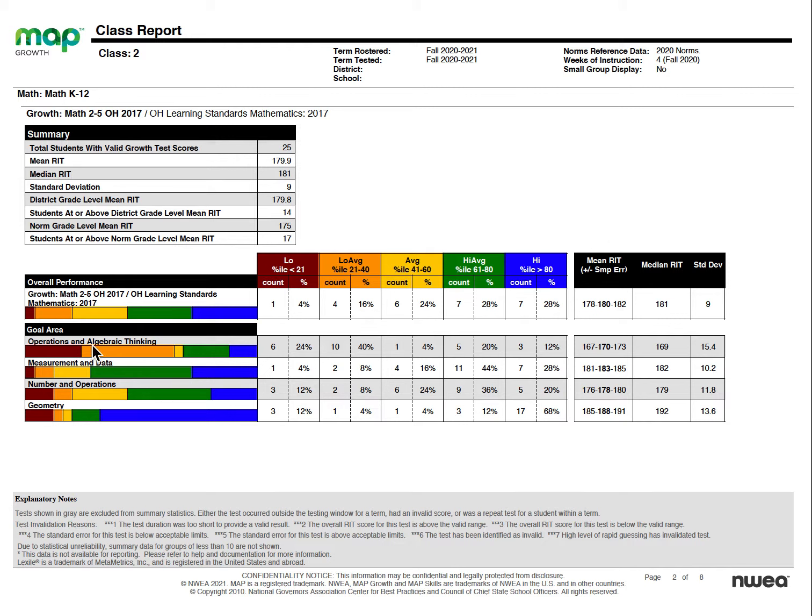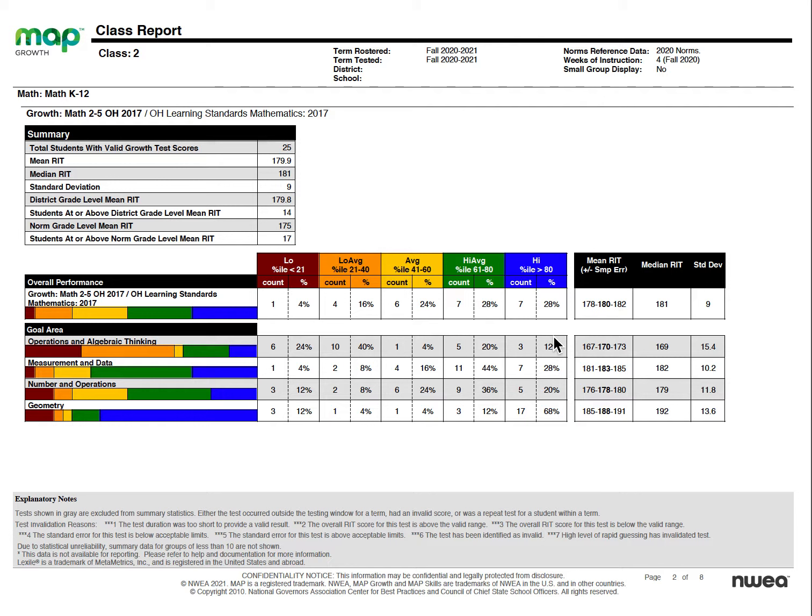And then here, operations and algebraic thinking. So I wonder, why do we have most of our students, 16 of our kids, performing below the 40th percentile and only 3 performing above the 80th? Maybe we really haven't spent so much time on operations and algebraic thinking, okay? I wonder if that is true. But it's good to look at these and then ask yourselves questions, or guide, like I said, guide your instruction